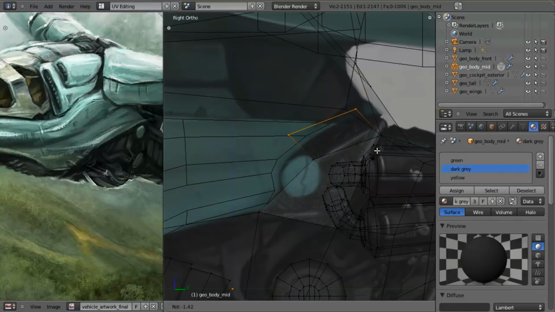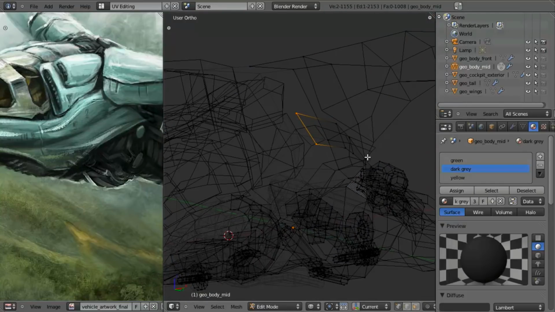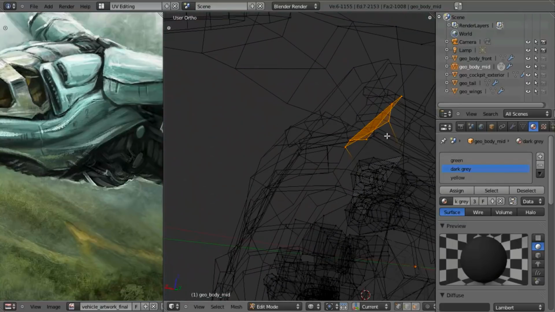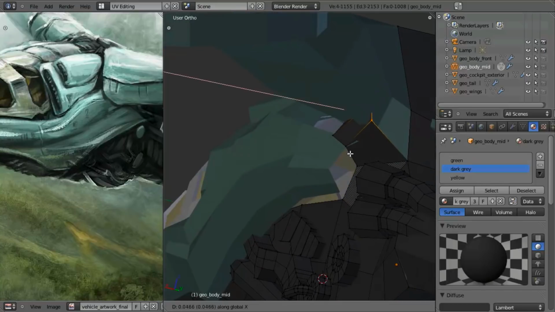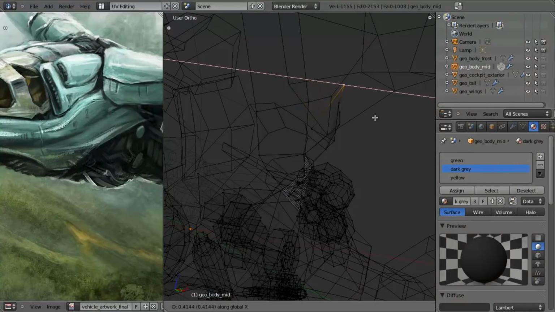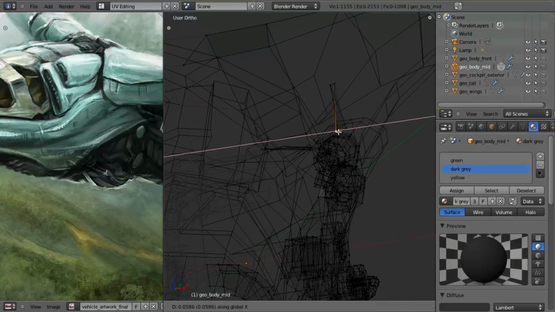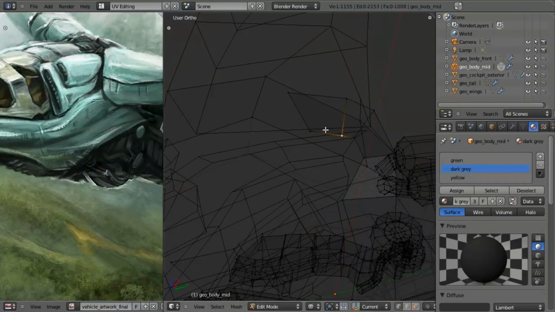And I'm just going to extrude them up like this, and like this. And this will come around to the bottom of the wing. And so then we just need to grab them. We're going to bring them out along the X-axis there. Deselect this one. Bring them out some more. And that just about looks